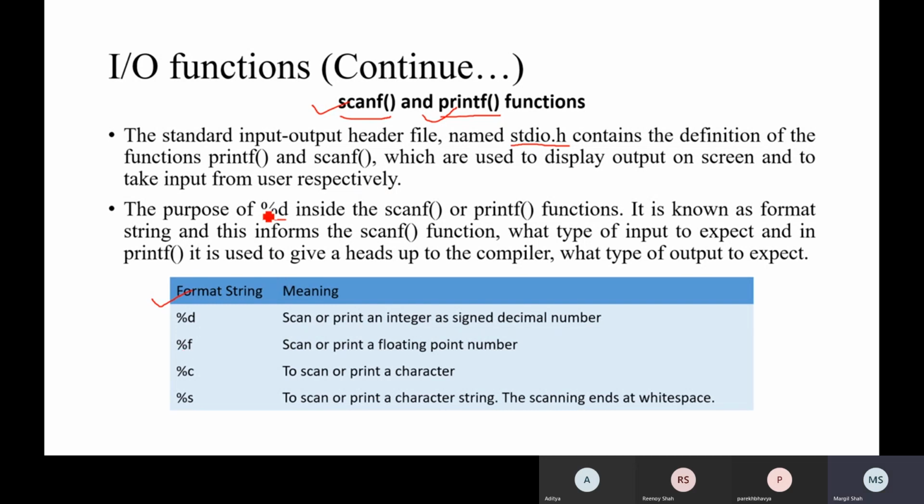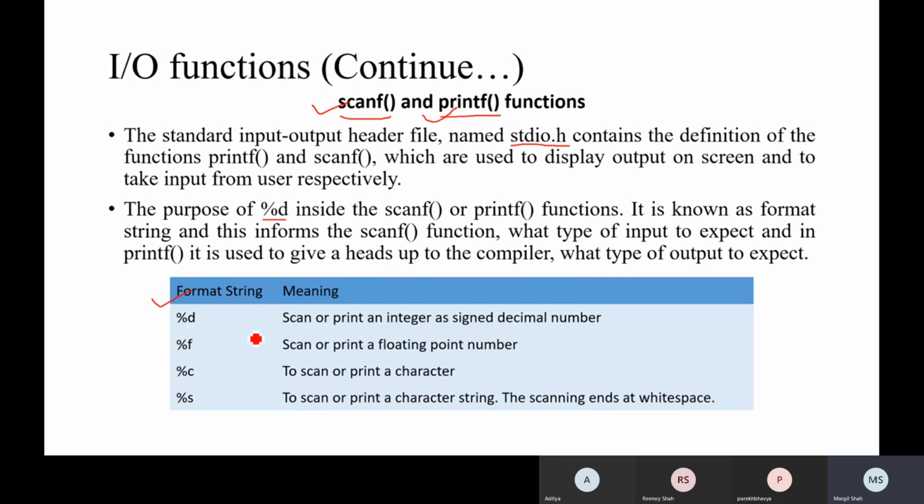So if we use percentage %d inside the scanf or inside the printf, in both cases it is used to define integer type data. Inside the scanf and printf functions, it is known as a format string or control string, and this informs scanf what type of input to expect, and in printf it gives the compiler a heads up about what type of output to expect.